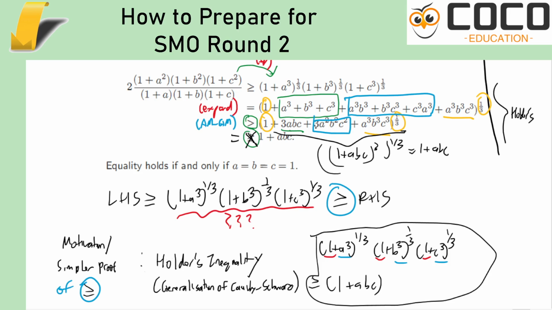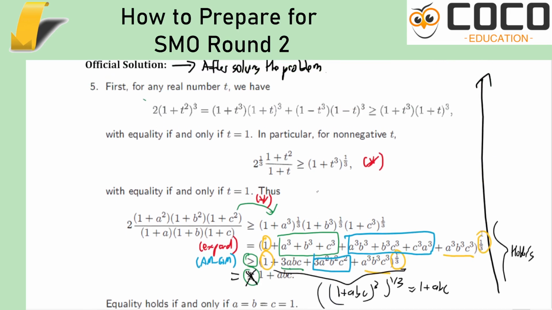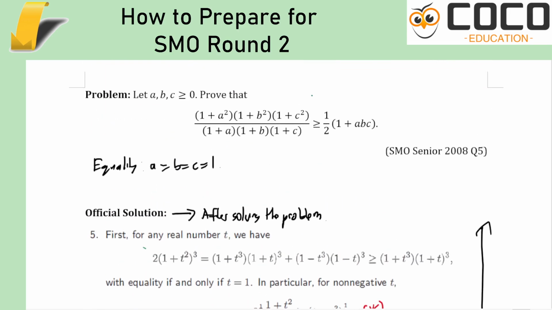But still, this doesn't fully explain how you got this. So we now have to ask the question, why would you think of doing something like this, even if you did know Hölder's? Now the answer to that question is that when I look at the problem, I kind of want to slice it up. I realize that there are sort of 3 identical functions